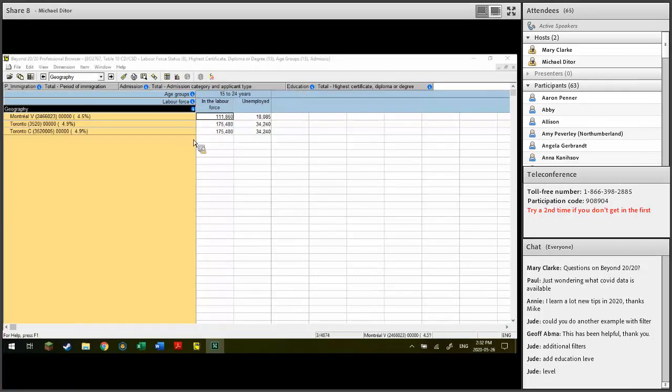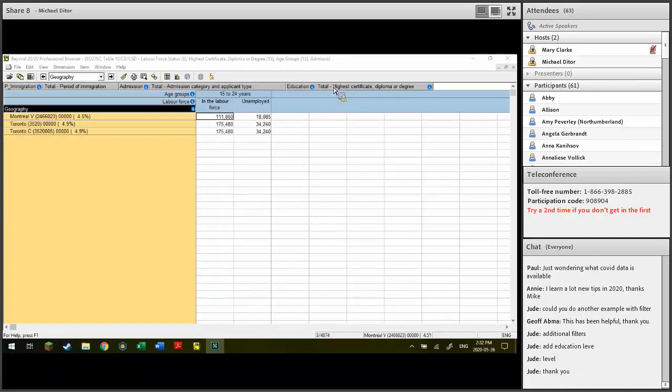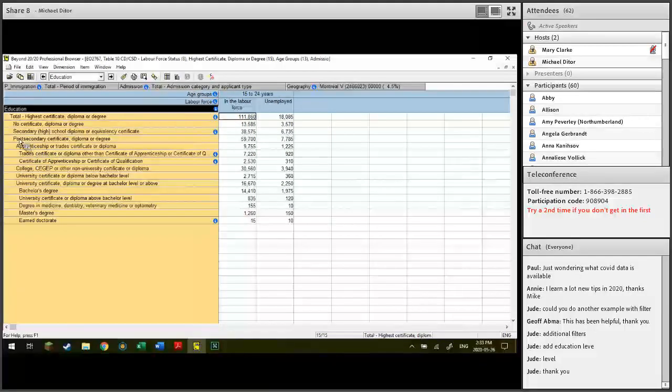Okay, so if we could look at this table right now, it's not being filtered at all by educational attainment. It's just giving you the total, which is what you want if you want to essentially remove the education dimension, admission category, period of immigration from the table. You just put them up top and leave it at the total. But let's take it down here so it's a little easier to read, and say you're interested in,